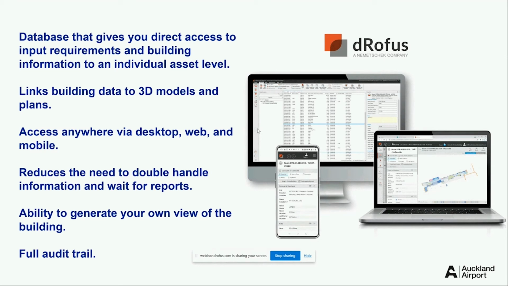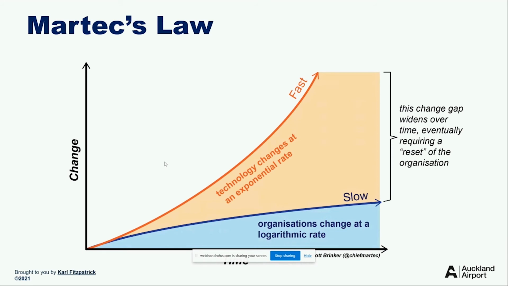So it's being able to manage all that information in one place and actually make the BIM process more beneficial. The other beauty is that we can access the data on web, on desktop, and on a mobile device. It also reduces the need to double handle that information. And a big one is the full audit trail, so we can understand what changes have been made, by who, and when. And just before I go into showing a bit of a demo,